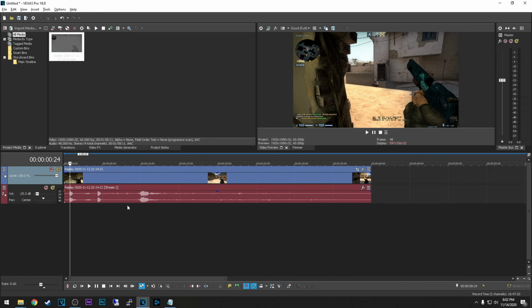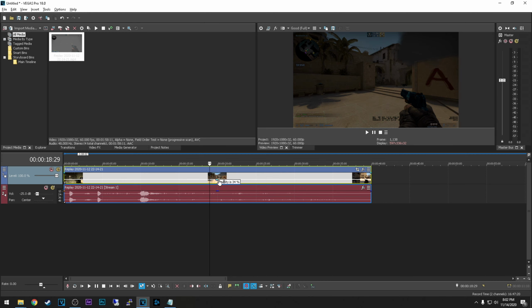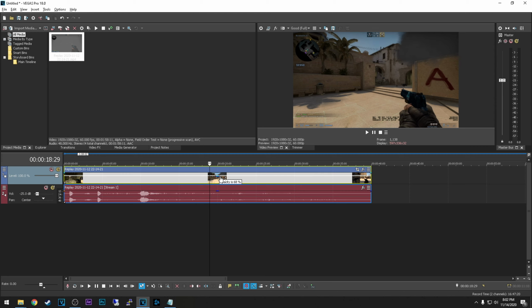Right. So now for the video track itself, if you wanna modify the opacity of this video, of this clip, you can do that by applying the same principle as on the audio itself, and you can drag the opacity from the middle right here individually per clip, or for the entire track from here.